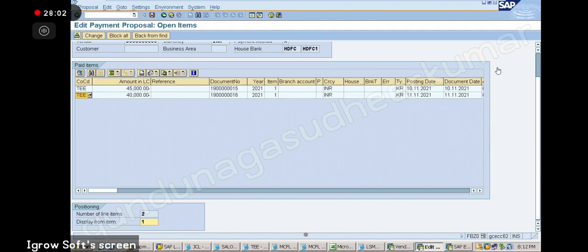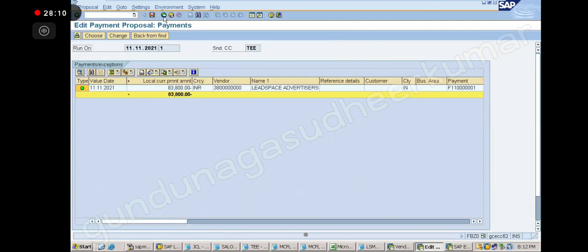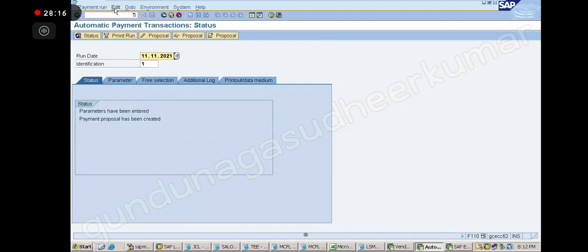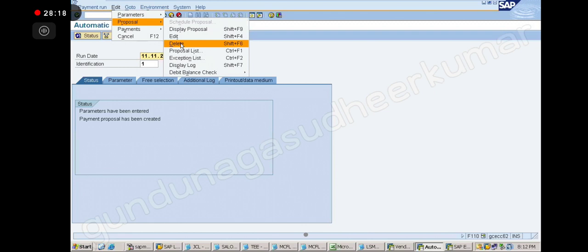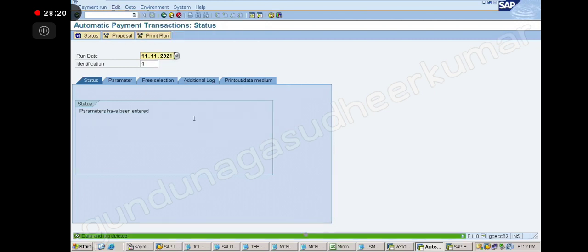Now, how do we achieve this? Go back, delete the payment run, go back, delete the proposal.